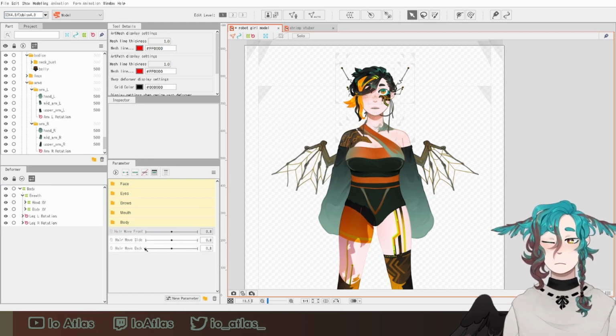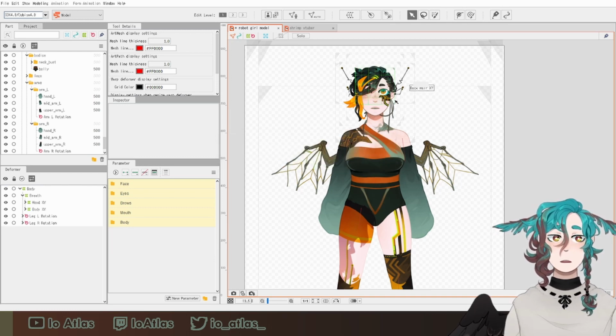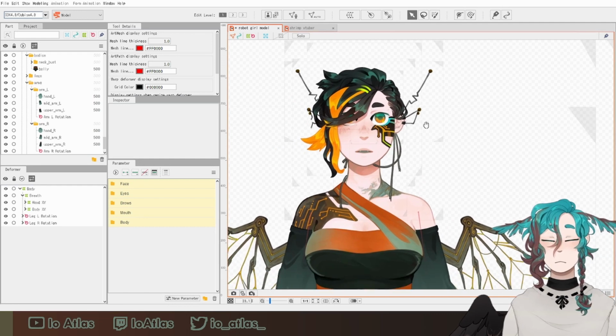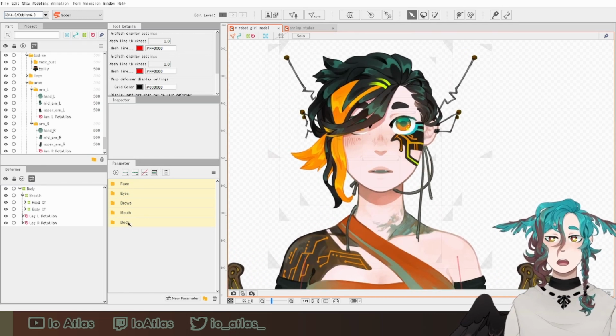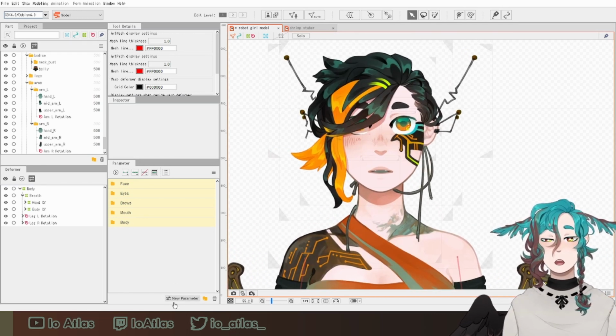And then later on, I will probably make another folder for hair physics. These are the default parameters they give you for hair physics. I delete them, I don't use them. I make my own parameters for hair physics. So, speaking of creating parameters, to create a parameter, you'll hit this new parameter